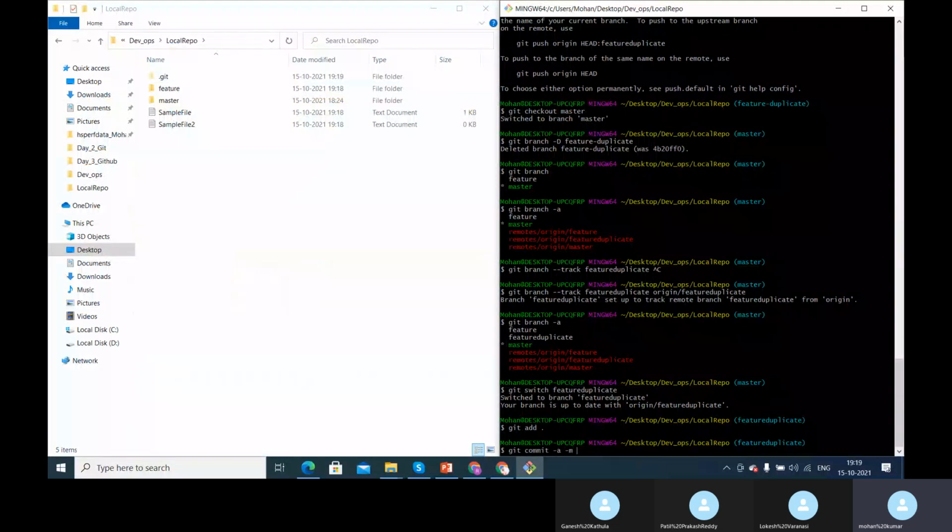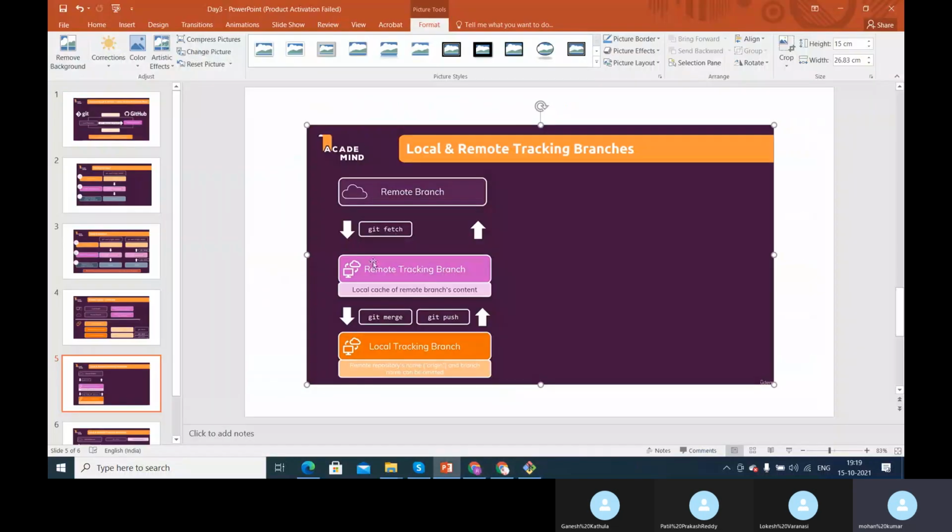The whole intention here is we have seen how to get the data from the remote repository to the local repository by creating a local tracking branch, and by default a remote tracking branch will be created when we execute git fetch. Once the remote tracking branch is created, we need to create a local tracking branch and establish a sync between the remote tracking branch and the local tracking branch. So this branch has all the details of the remote tracking branch, and we were able to establish the link. Using git branch, we gave the local branch name and the URL of the remote tracking branch. So we already have done that.